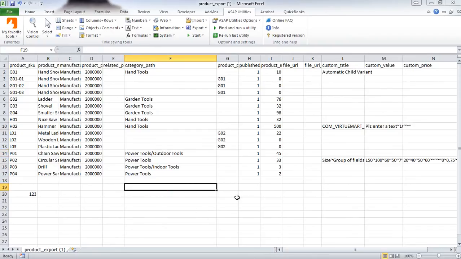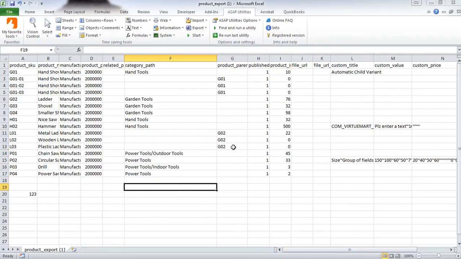Okay, now price, or what's this now, product parent, we didn't add any of those, just published and quantities. File URL, again we just took the file. I'm going to use demo.jpg as my image for all my products, so that would be the file URL, and then in the thumbnails URL it will be resized/demo.jpg. So that would be the file URL for the thumb, and for the image,